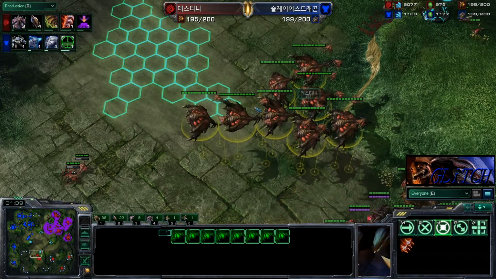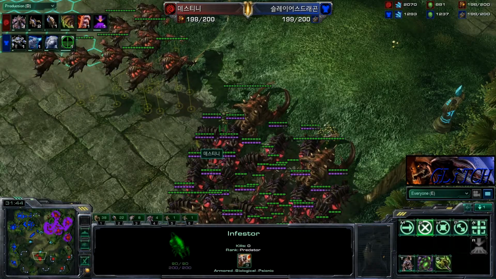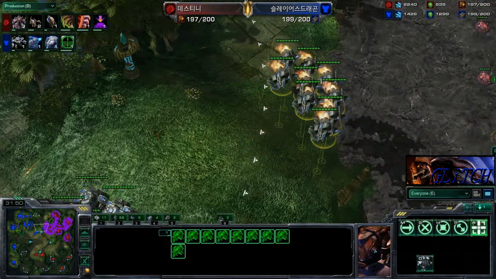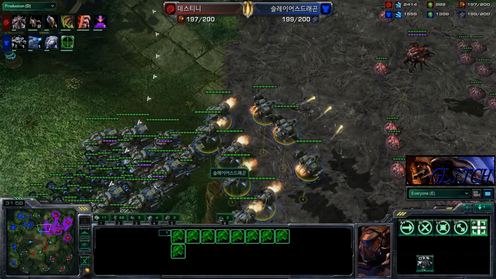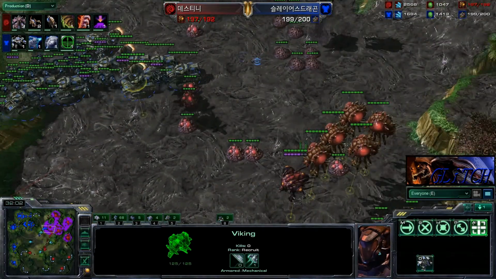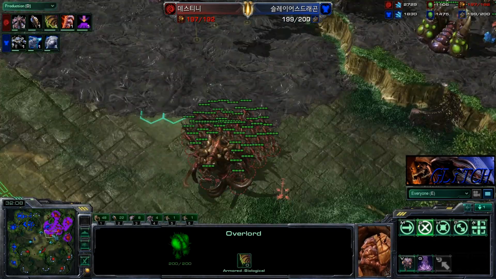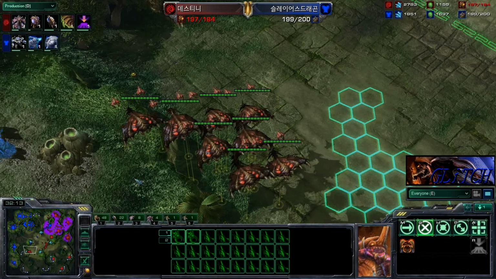Now, I know that Destiny does have some thoughts about this. Destiny has always been of the faith that if you have a lot of infestors and you use this heavy infestor broodlord type composition, you do not need to be one base ahead of your opponent, as is traditionally thought by most Zerg players. He is quite content to be equal on bases with those Terran and Protoss players because these infestors can just